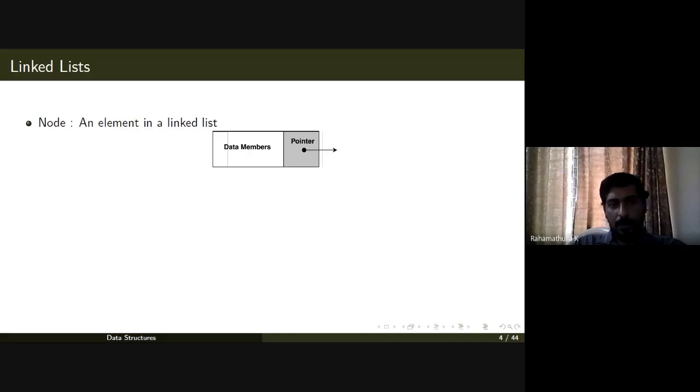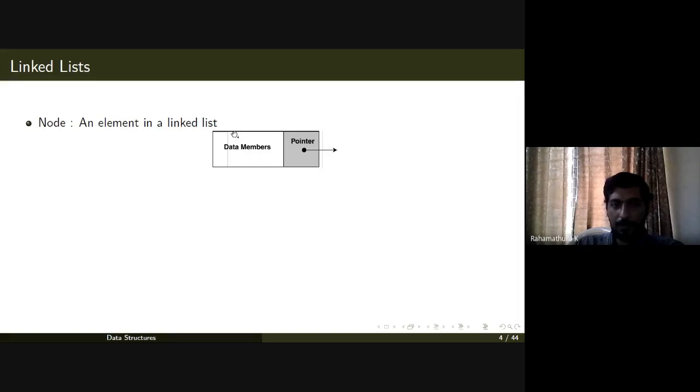This is how I can represent it. A node in a linked list can be represented as data members and a pointer which can point to another node. This may contain more than one partition also.